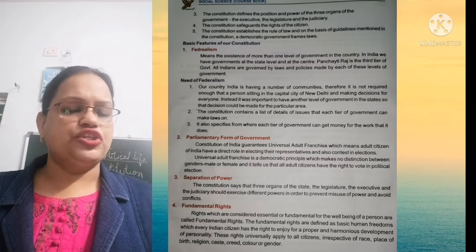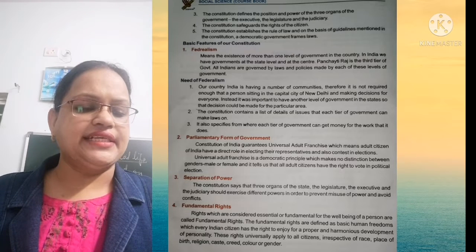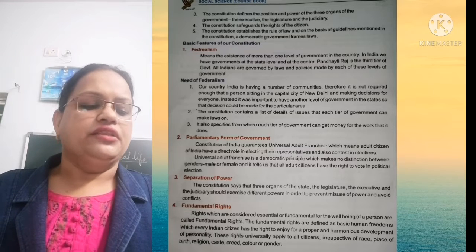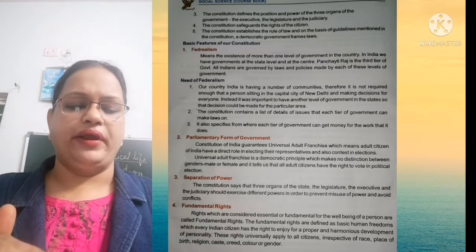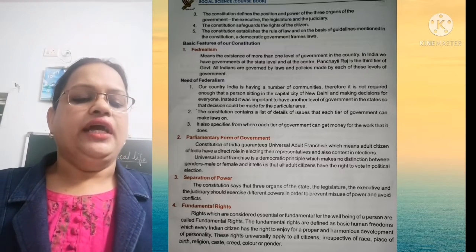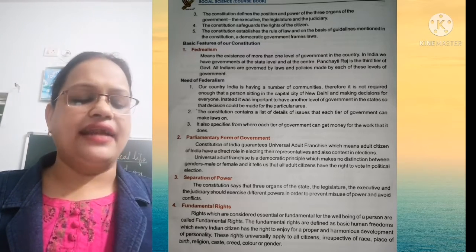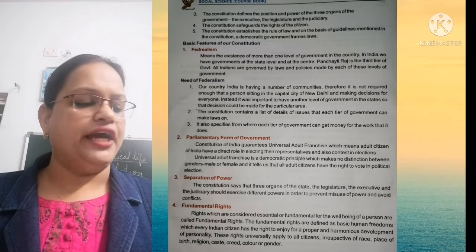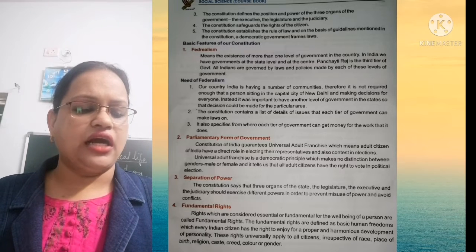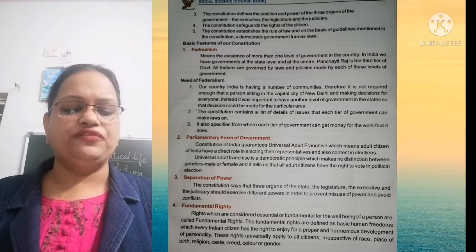Basic feature of our constitution, first is what? Federalism. Federalism means the existence of more than one level of government in the country. To run the country, there is more than one level of government. In India, we have governments of the states, different states' governments, and at the center. Panchayat Raj is the third tier of the government. Panchayat is also there. All Indians are governed by law and policy made by each of these levels of